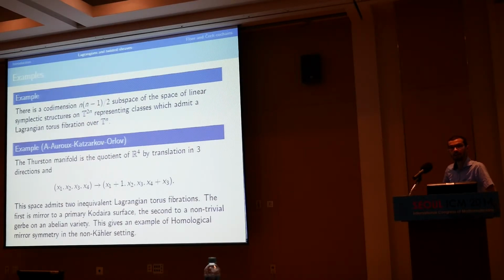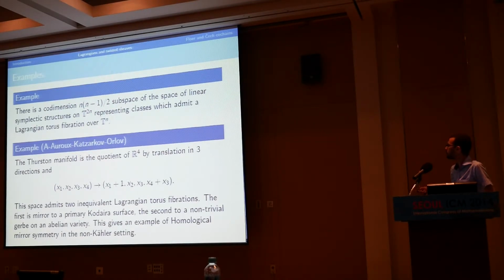But if you are in a setting where this condition holds, then you can carry out the construction that I'm about to explain, and you obtain a mirror, and you obtain some relation between the Fukaya category of these tori and the categories of coherent sheaves on the other side. But just so that you don't think that this is all we're talking about, there's actually other examples. And my favorite one is the Thurston manifold. The Thurston manifold is the first symplectic manifold which is not Kähler. It has first Betti number 3, so it's supposed to be even if it were Kähler. You can write it as a quotient of R^4, you translate it in 3 variables, and in the fourth one, you do translation and some kind of shear in the opposite direction.